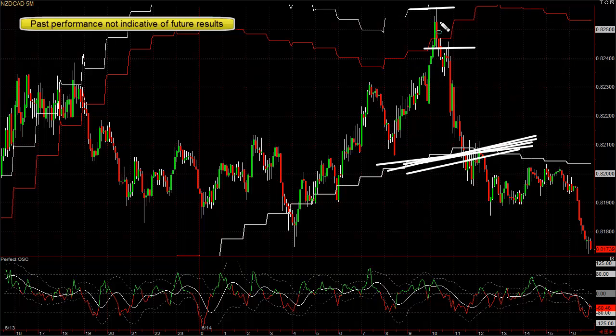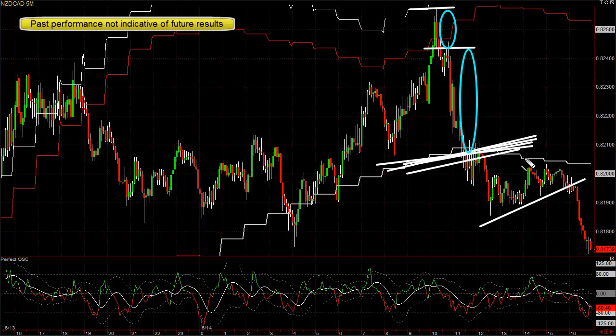But the key to trading is small losses and big wins, and you can see in this example here, you anticipated it. The CAD was not the ideal textbook perfect strongest currency, but it was the one closest to its highs, and if it did break out and the New Zealand reversed, you're going to have those big wins. When you can see 10, 20, 30, 35 pips on that trade,